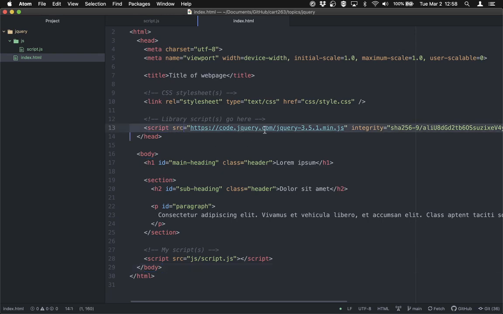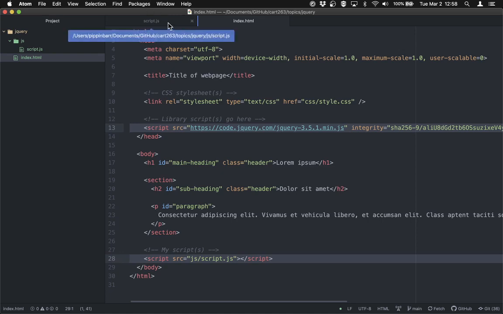Again, jQuery is being included as a library script here using the CDN link, which I just obtained from jQuery.com, and my script is linked here at the bottom of the body element of the web page. So without further ado, let's write some jQuery for handling events. So we'll head over to the script here,